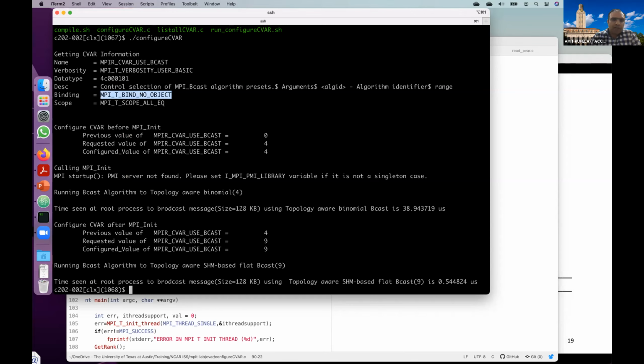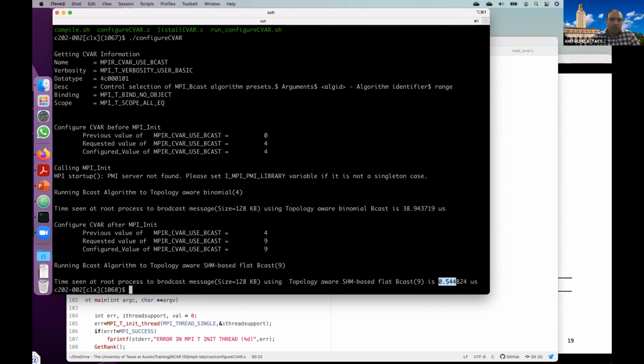When we set the value to 4, to use this particular algorithm, the time taken was 38 microseconds. Whereas when we change the value to 9, which is the topology aware Shumilin bcast algorithm, the time changed to 0.05. So there is a huge difference between two implementations of a bcast algorithm.